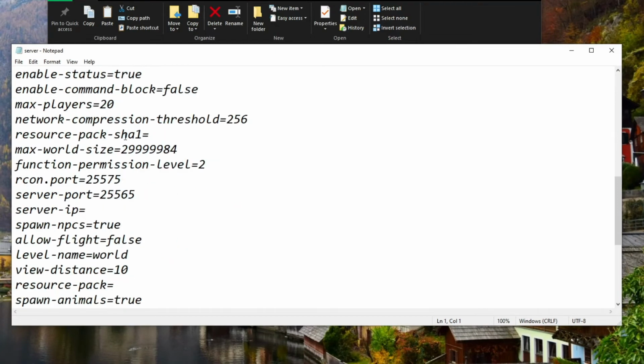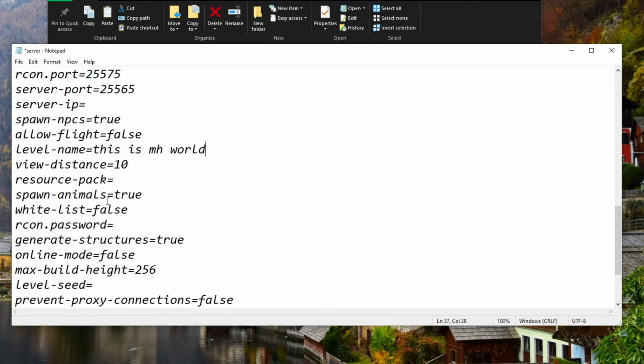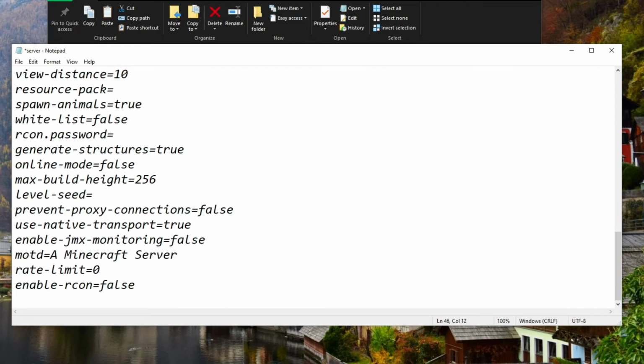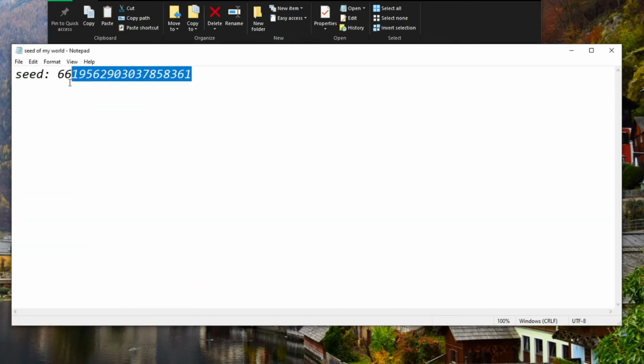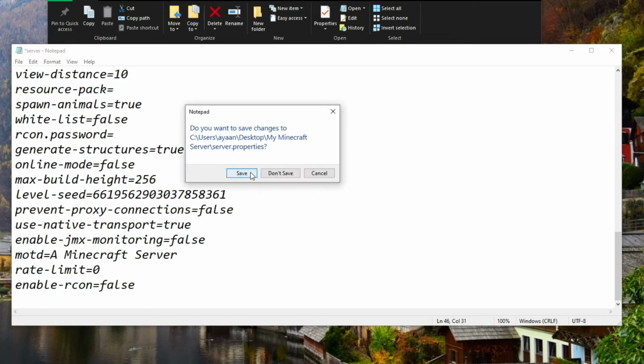Level type is default, let it be default, but we're going to go to level name. Now name it as your world. Give it, this is MH world. Okay, so now once done, you are going to go to level seed, and I already stored the seed of my world. You all know actually how to get a seed. It's very easy. Then just paste it, and once done, just save this.